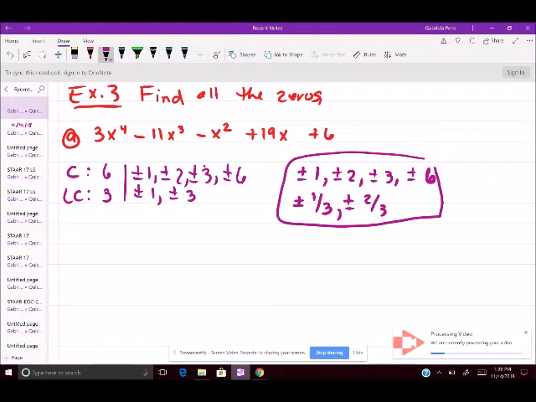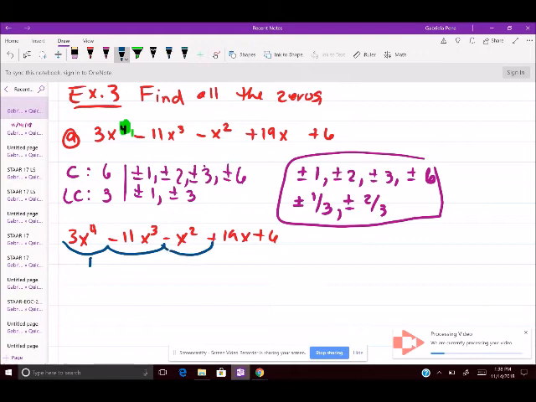Now, how many zeros are there in this equation? 4, right? This is what we learned in example 1. In example 2, I'm supposed to take the original problem and see how many times it changes. Is there a change here? Yes. Is there a change there? No. Change here? Yes. Change here? No. So how many changes are there? 2 or 0 positive